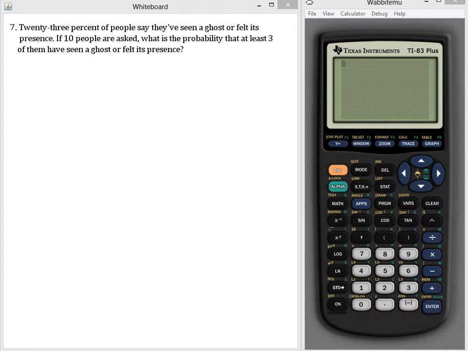Now, answering this, we have to decide if we're going to use binom PDF or binom CDF. We're looking for the probability that at least 3 out of 10 people have seen a ghost or felt its presence, so that means that we're going to be adding multiple outcomes together, so we definitely need to use binom CDF. Binom CDF works when you give that third input, it's only going to add starting from 0 up to that third input